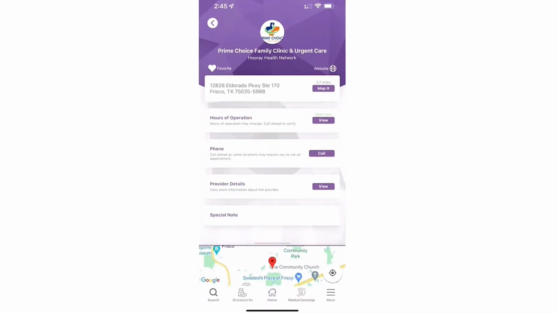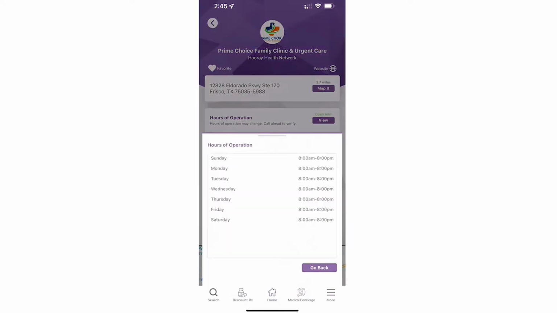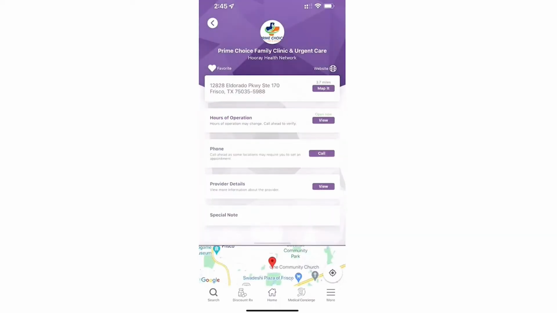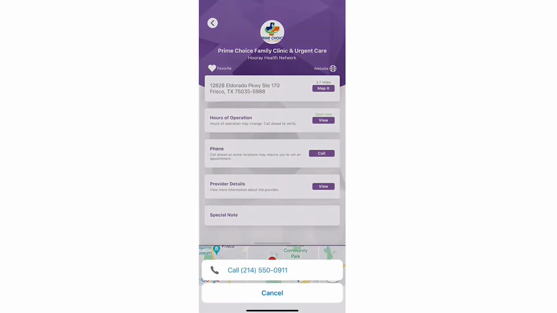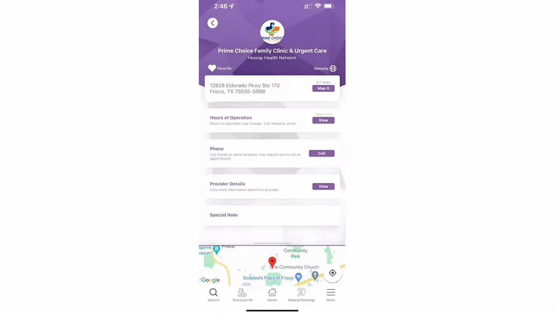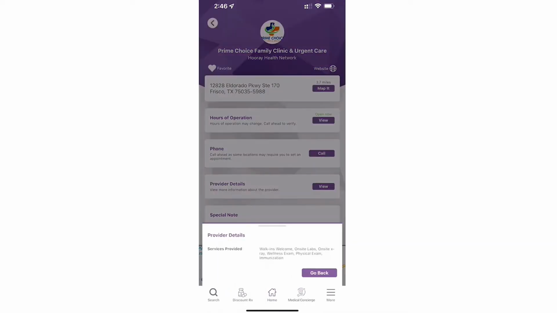Well, I can click the hours of operation, and it says open now. And if I click view, it'll show 8 a.m. to 8 p.m., 7 days a week, which is very convenient, obviously, for you. I can click call, and I can call them to see if there's a wait, if there's a particular issue I'm worried about. I can look at the provider view where there's walk-ins welcome, on-site labs, X-ray, wellness, physical, and